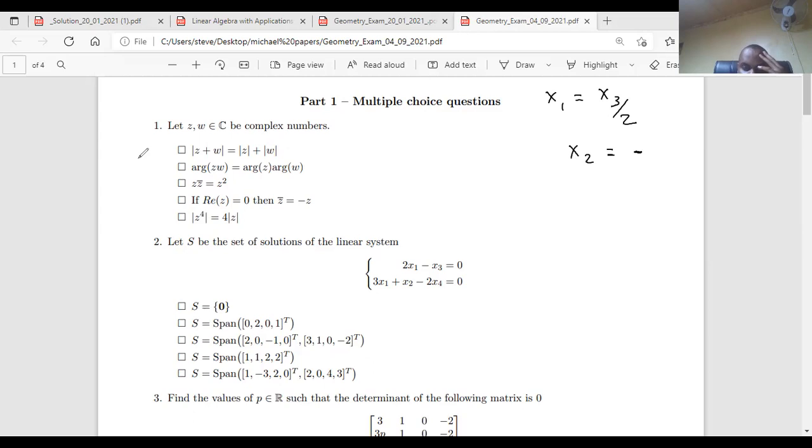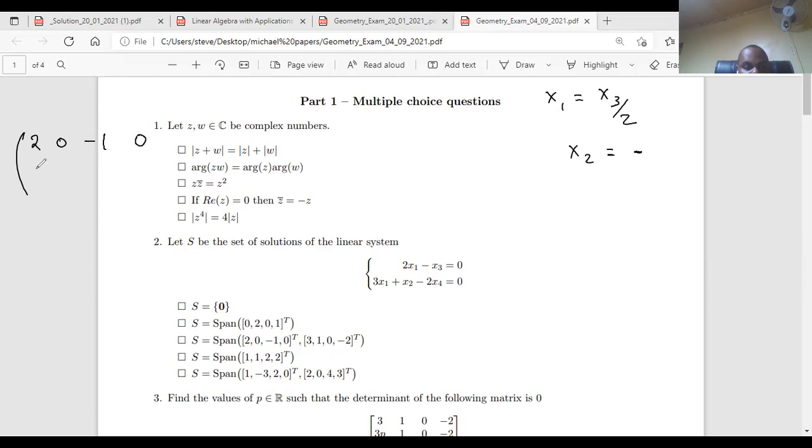So we know that x1 equals x3 divided by 2, so if we put x2 equals minus 3 times x3 divided by 2 plus 2x4, then